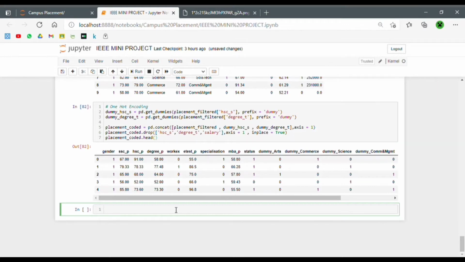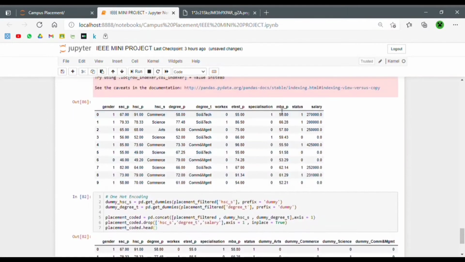First of all, we assign the predictor variables: x equal to placement_coded.drop. What's happening over here is we are passing all the columns inside this data frame into the x variable except status.